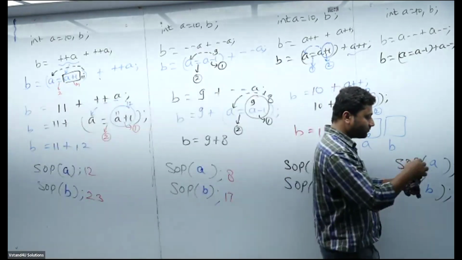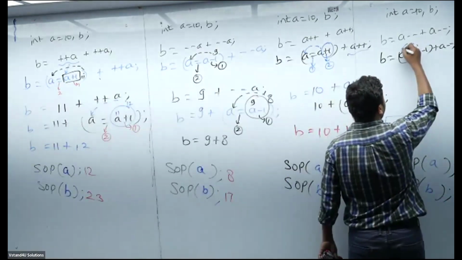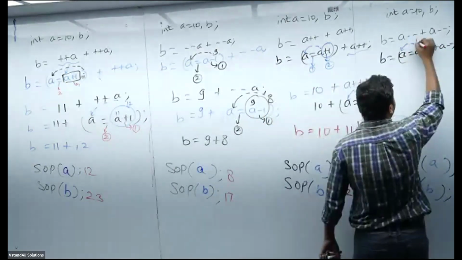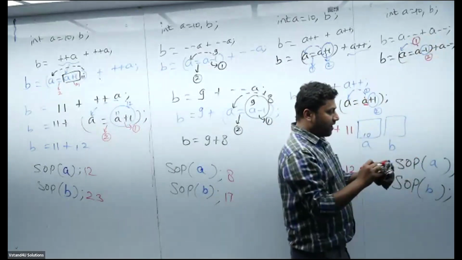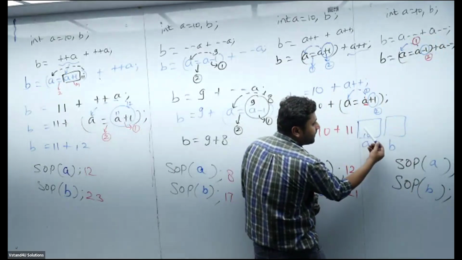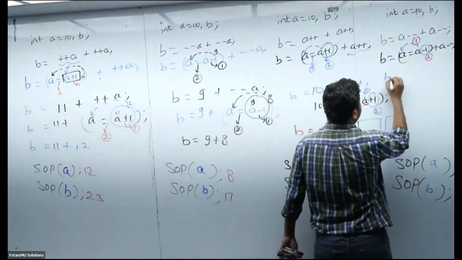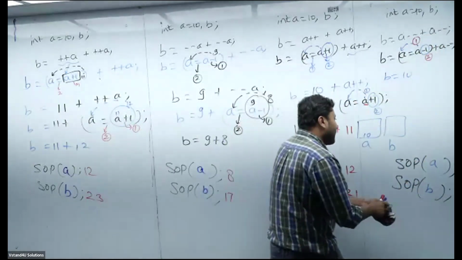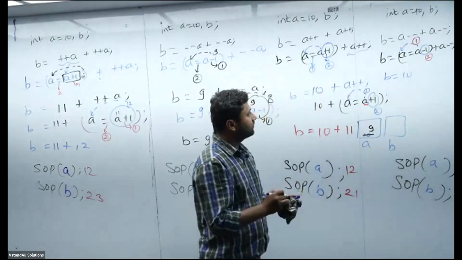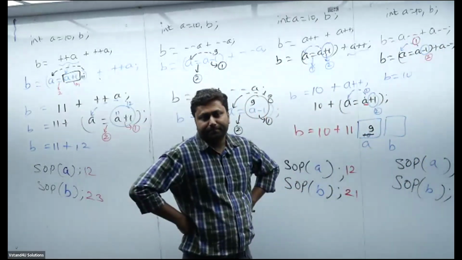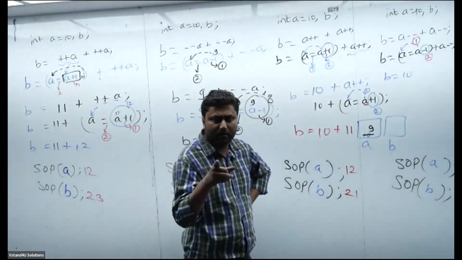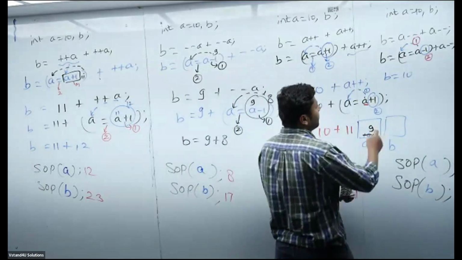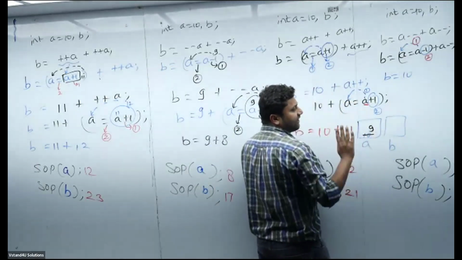Pay attention now. Sir, again, if you see, there are two operations, one is assignment, and one is decrementation. What should I do first? First you do assignment, then you do the decrementation. Assignment means current value of A. Current value of A is 10, so B equal to 10. But did I do the decrementation? No. First assignment is done, then decrementation. The 10 value was considered, but after decrementing, 9 became the value of A.